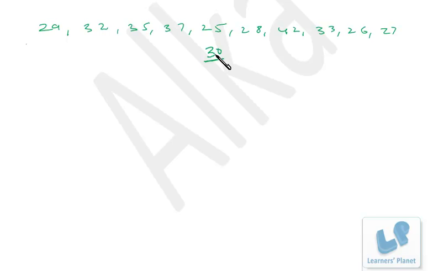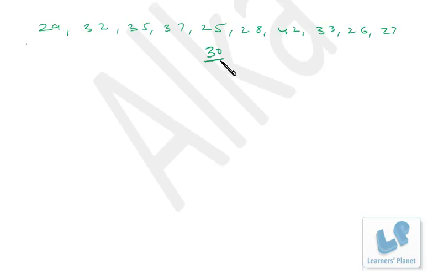The only thing is that to make your calculation easy, just choose a number that is a multiple of 5, or it would be really great if you choose a multiple of 10. So it is great if you choose 30, 40, 20, 25, something like that, just looking at the data. If the data are in hundreds, tens or thousands, you have to choose accordingly. But it would be great if you choose a multiple of 10, and if that is not possible, then choose a multiple of 5. To a certain extent, you can approximate the numbers, because in no exam are you asked for the exact answer. So I assume here the average to be 30.